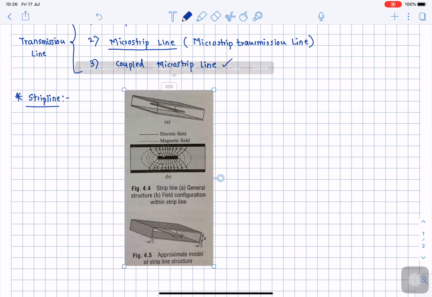Construction wise, strip line is difficult to construct because a central conductor we need to place in between two ground planes, and we need to form a sandwich mechanism. Okay, and this is as good as the example. So the best example of how the strip line looks like, any particular physical example can you give? So I think if you view the cross section of this strip line, I will draw over here. I will choose a different color. Let us say this is a cross section of strip line.